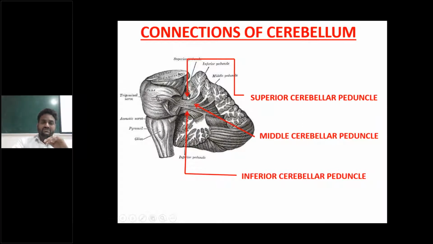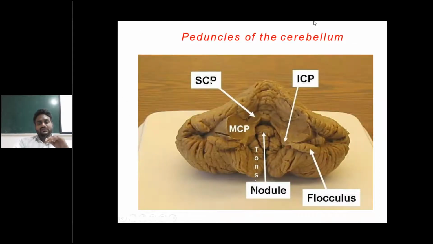Here you can see the fibers of these three cerebellar peduncles, superior, middle, and inferior, present in their respective positions. This is another picture of the cerebellar peduncles, showing cross sections. This is the SCP, the superior cerebellar peduncle, and the MCP, this is the big one, is called the middle cerebellar peduncle. The lower part, the small one, is labeled as the inferior cerebellar peduncle. That means we can see the three cerebellar peduncles.